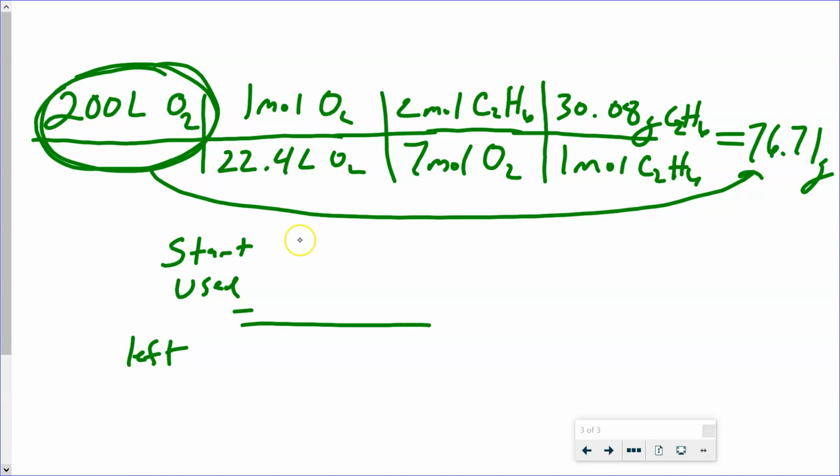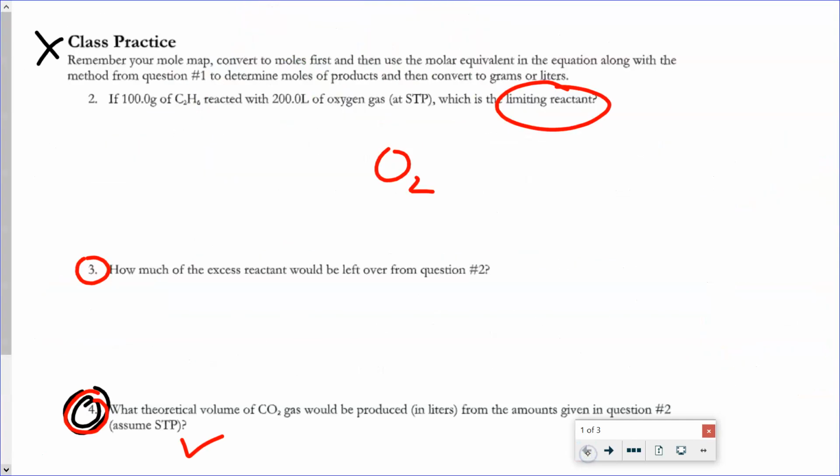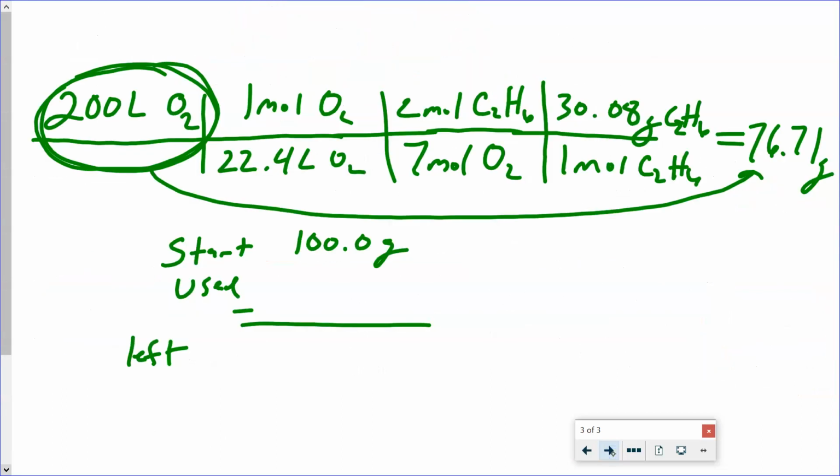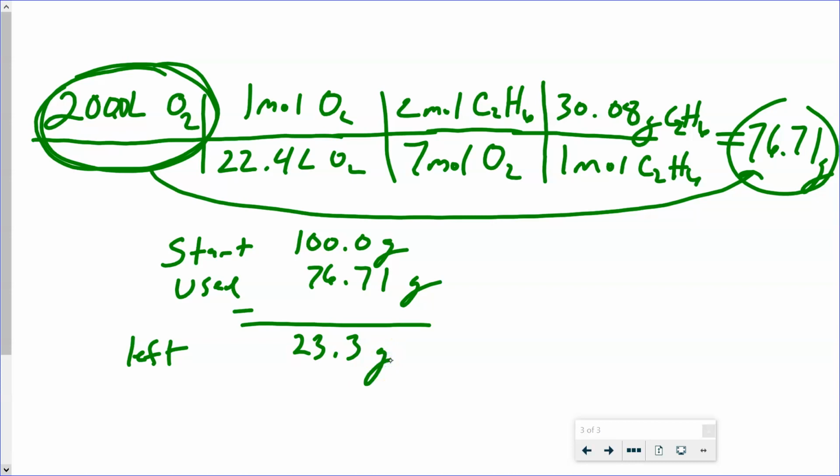So how much did we start with? 100 grams, right? Back here in our problem, we started with 100 grams of this. We used this amount with the oxygen, 76.71 grams. And again, I'm paying attention to the sig figs. I don't know if you've noticed, but I didn't put my decimal place in here. It's 200.0 liters. But pay attention to those sig figs as you're going and use those skills that we've taught you. When you subtract this, you get 23.3 grams of the ethane